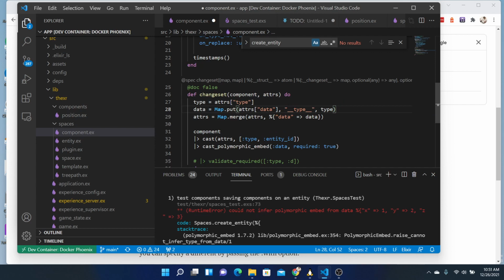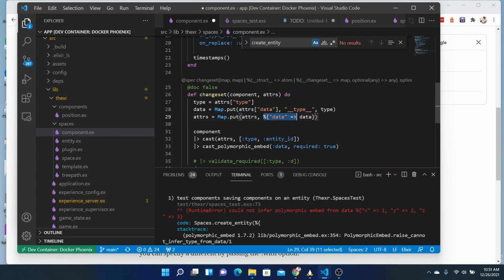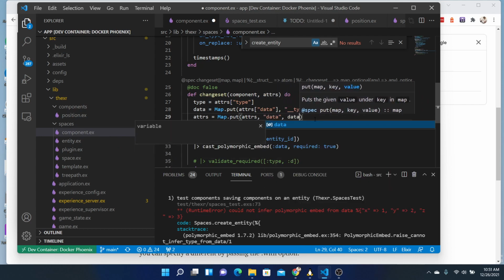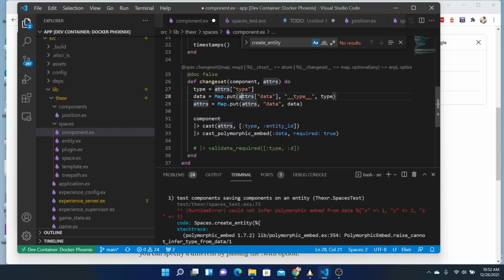Put that in, and I think you're fine. Then just say that Map dot put back into attrs data key with the new data. So that is attrs. So then you cast this,